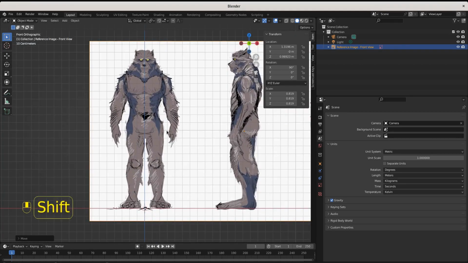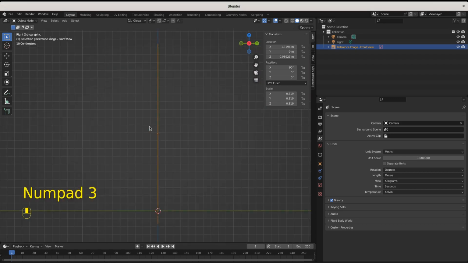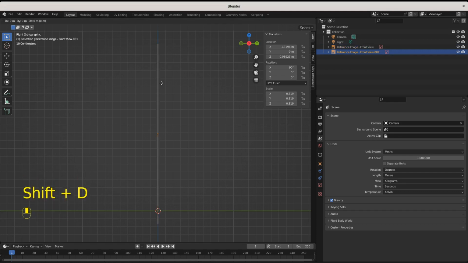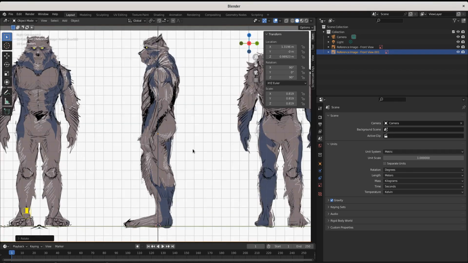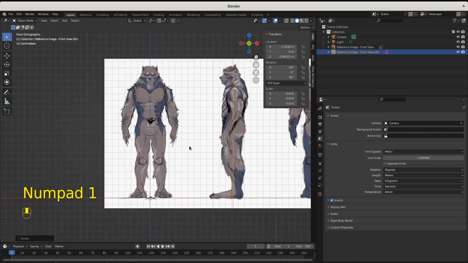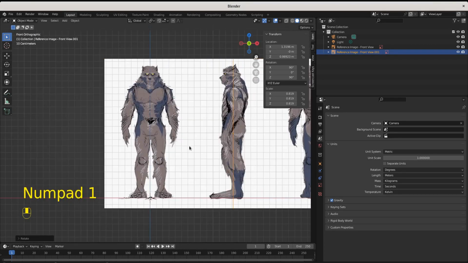Right there. So now we have a front view. We want to get into side view. To do that, we're going to hit numpad 3, flip right into side view, duplicate our reference image with Shift E, lock it in with Enter. We're going to rotate on the Z by 90 and lock that in with Enter, and just like that, now we're in side view. So if we hit numpad 1, we got a front view reference image. We hit numpad 3, we got a side view reference image. We're moving, we are shucking and jiving, bobbing and weaving.